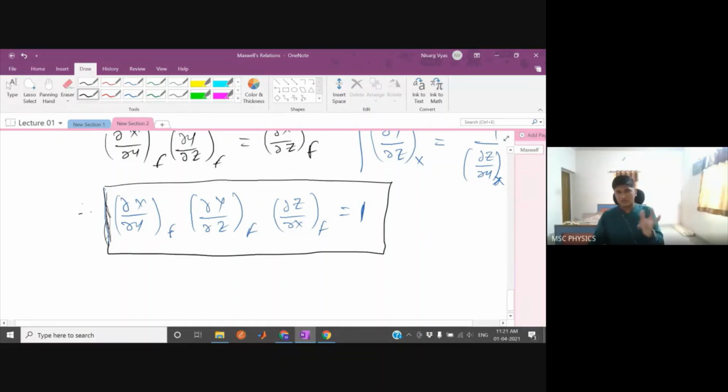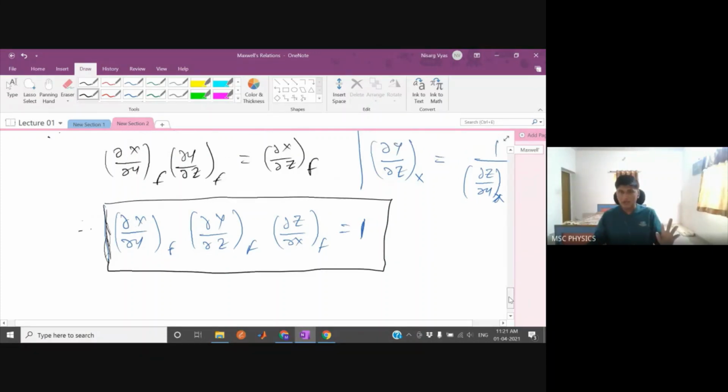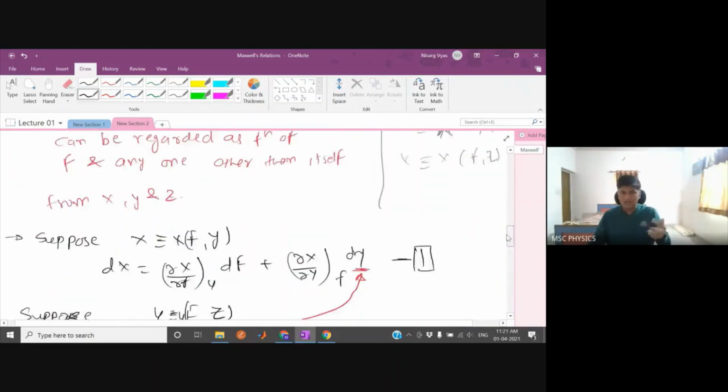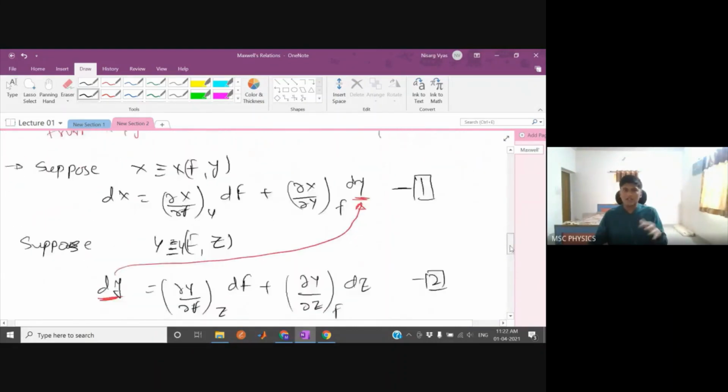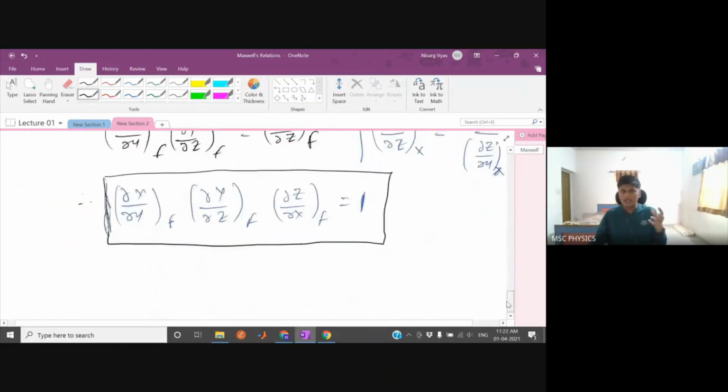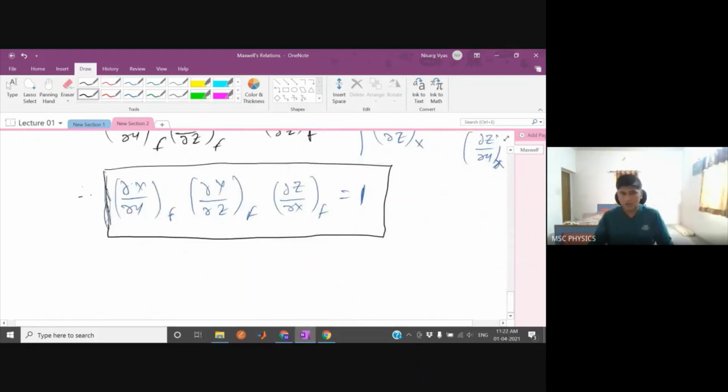Okay, if you have not understood anything mathematical in this derivation, you can ask me. But eventually the important part that you need to keep in mind for your future competitive exams is this, and this is logically clear. You can ask, how would I remember this? You can cancel dx with dx, del z by del z, and dy by dy. Eventually one remains. This is not the correct way to do this, but I will remember it like this. But this is the result that you have to keep in mind.